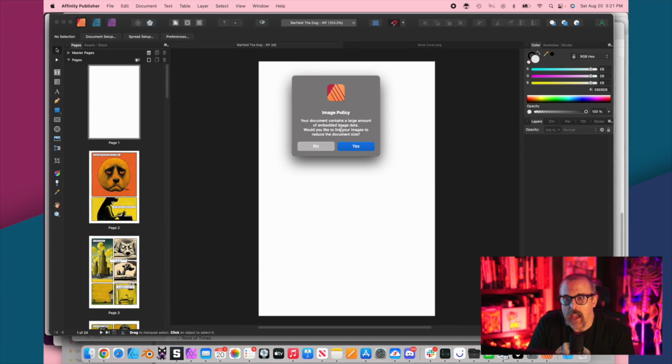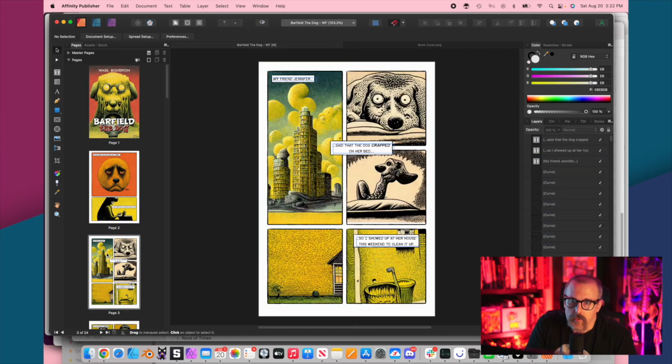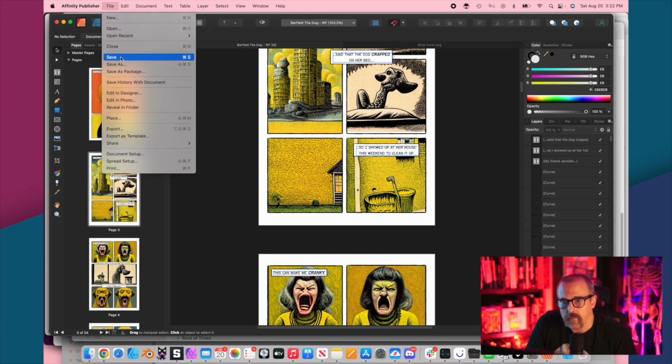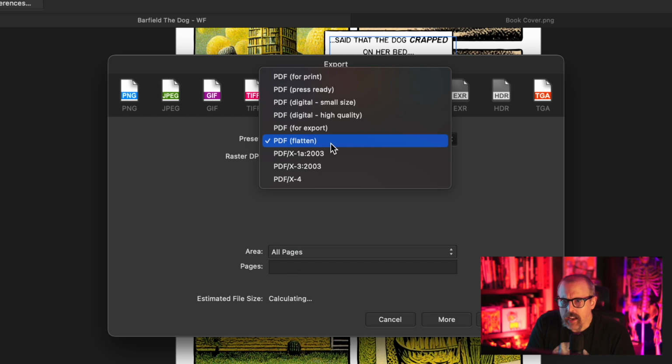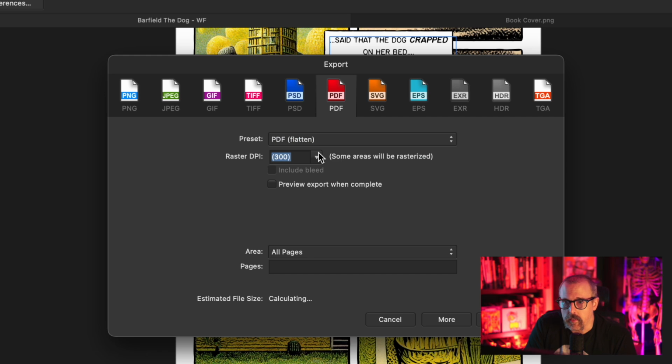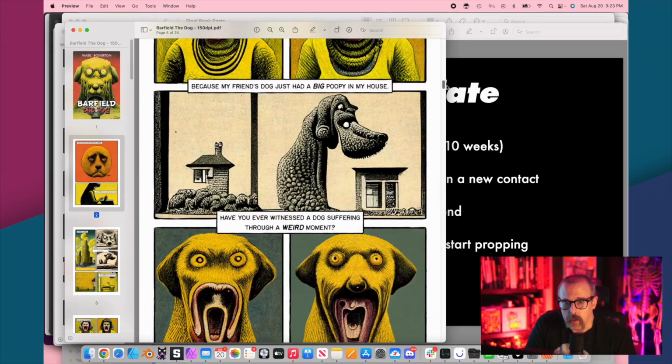So here I am pasting that cover image that I had created on the front of the book and exporting it. I'm going to export this as a digital PDF, which I think I bring the DPI down to 150 or so, and I flatten it for file size reasons. But if you were going to print this, you'd want to leave it at 300 DPI, and that book is likely going to be hundreds of megs. It's going to be quite large, but that's what's expected for a book. But there you have it. Congratulations, you now know how to make a graphic novel in a single day. With great power comes great responsibility, I'm sure.